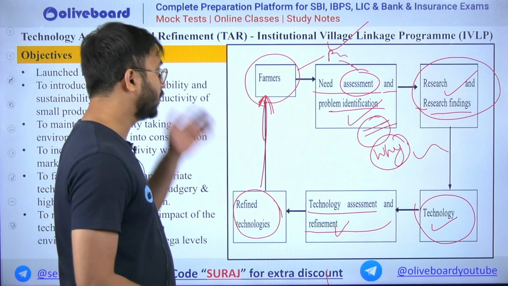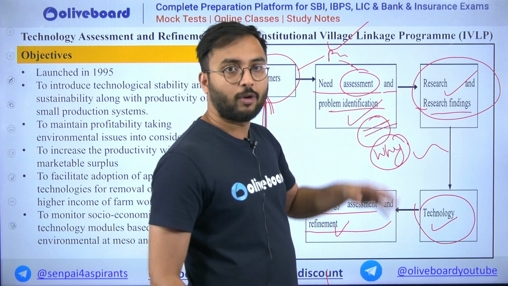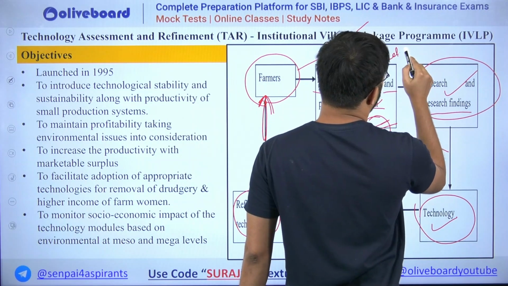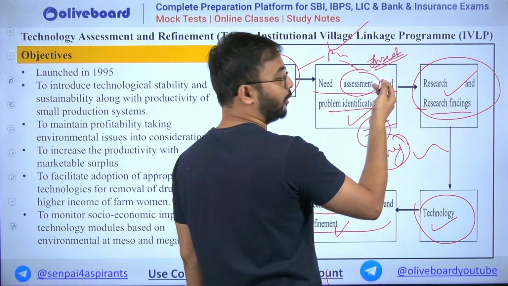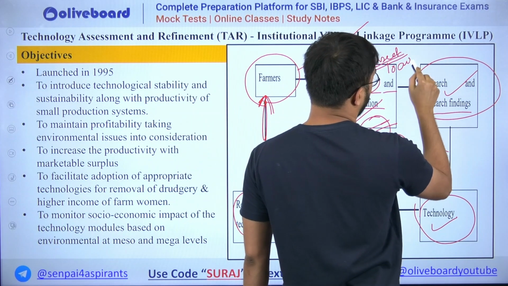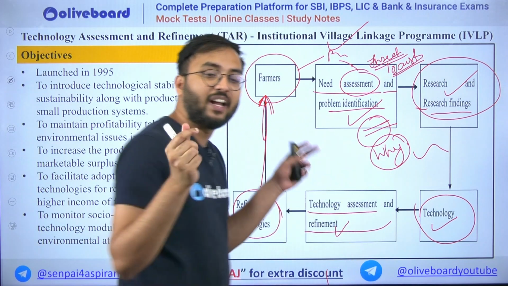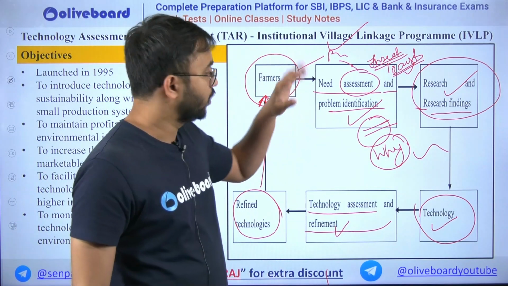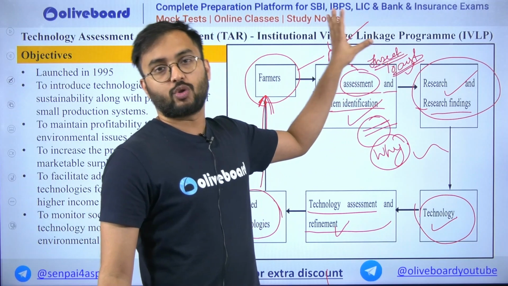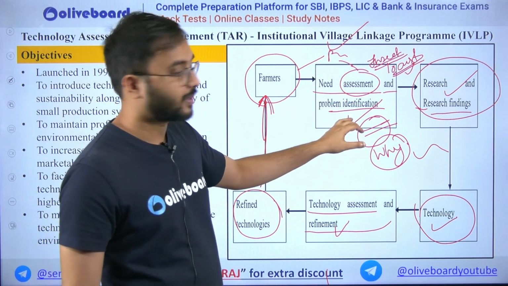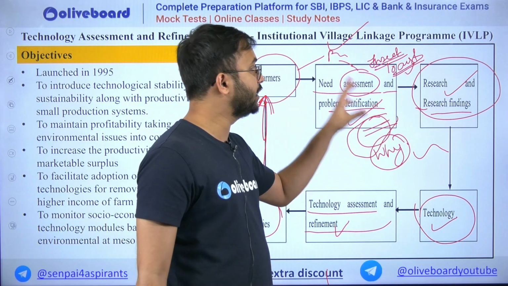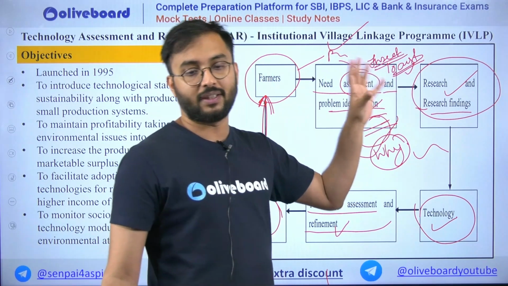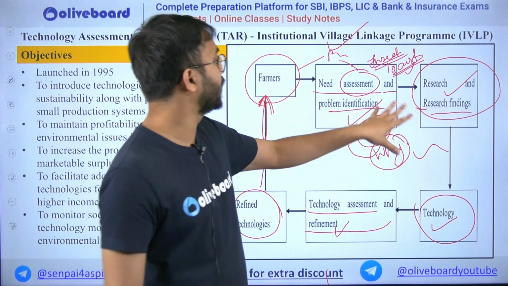Now I will give you an example. Suppose there is a problem of insect attack. Suppose the insect we are talking about is the locust. What do you mean by locust? A locust is a flying insect. So a locust attack is there. This is a particular problem because locusts will destroy your crops. We have understood that this problem occurs only in a particular season, that is the end of winter and the start of summer.